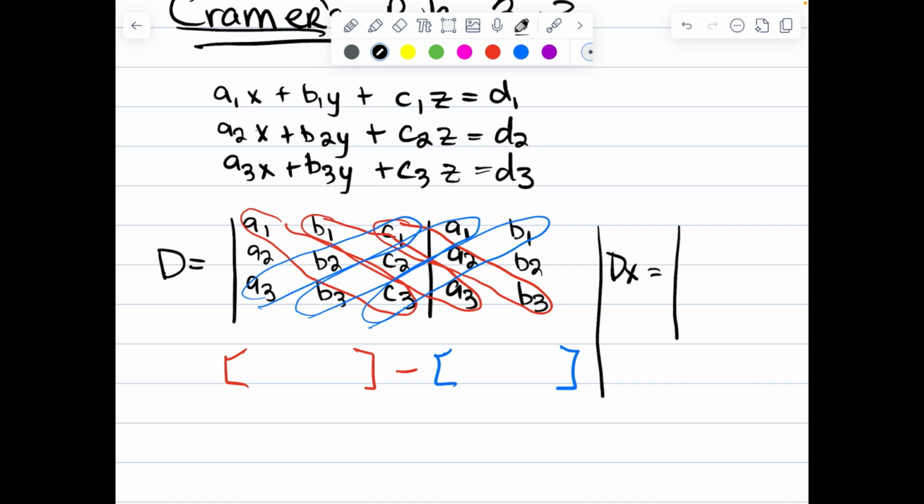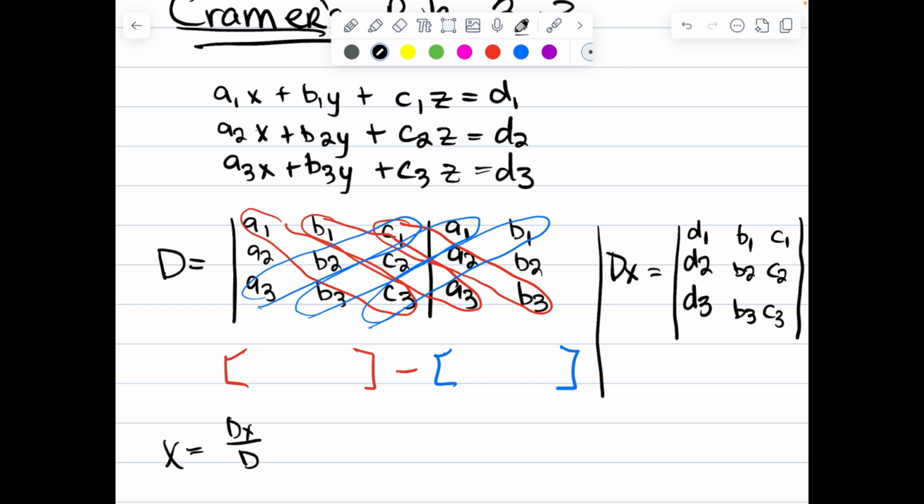We're not going to write the x column. We're going to replace that x column with d1, d2, d3. And then we'll fill in the others as is. So then that would be b1, b2, b3, and c1, c2, c3. Right? So if we want to find our x coordinate, we would take our dx and divide it by our